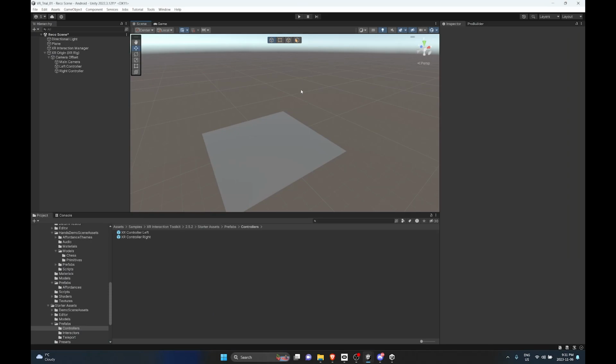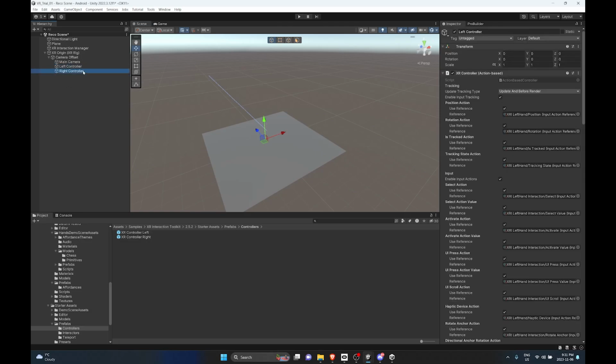All right, so in this video, we will look at grab interactables. So that means things we can grab in the VR space. And we will do a bit of a test as well. So the first thing I'd like to do here is let's add some visuals to the left and right controller